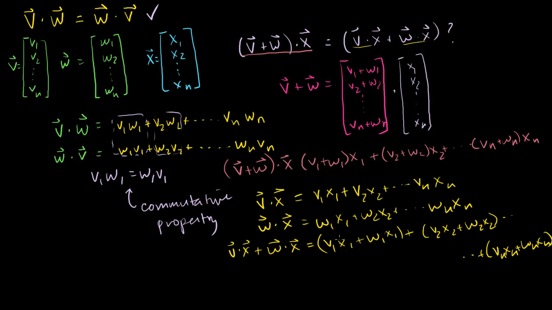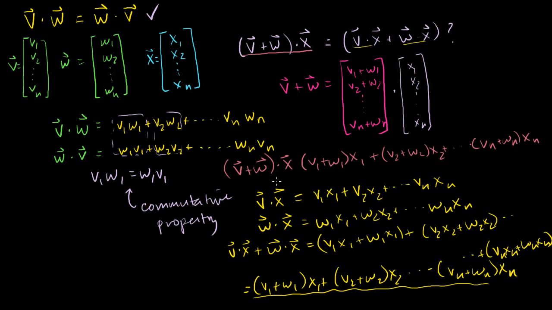So we can take the x's out, and what do you get? This is equal to, we can just factor the x out, (v1 plus w1) x1 plus (v2 plus w2) x2 all the way to (vn plus wn) xn,